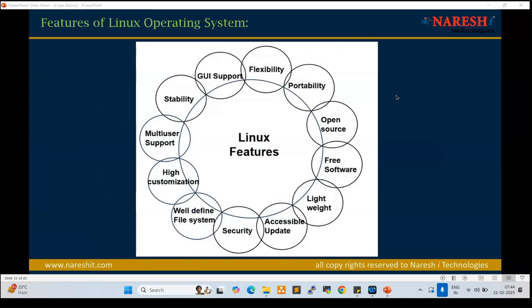It is free software; yes, we can get it free. Lightweight: very minimal configuration and minimal size. Accessible updates: every day, every month, we get updates. Security: compared with Windows, it is more secure, right?